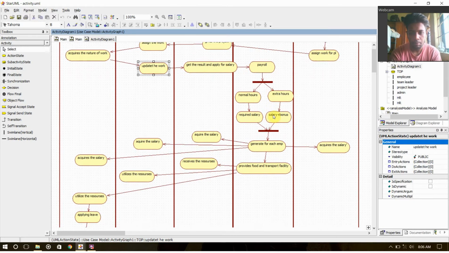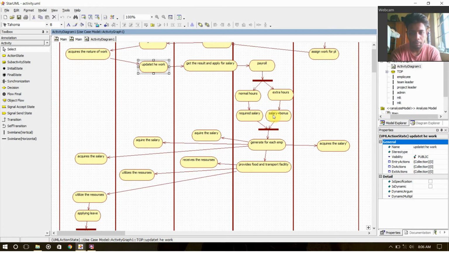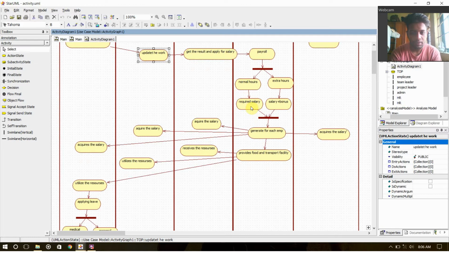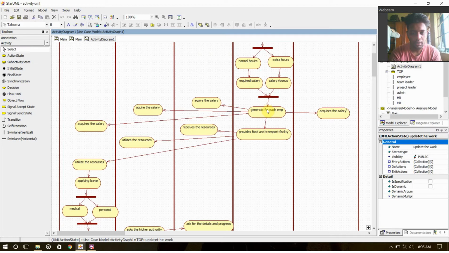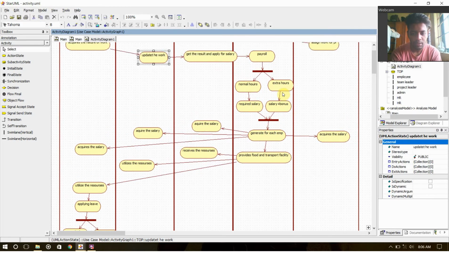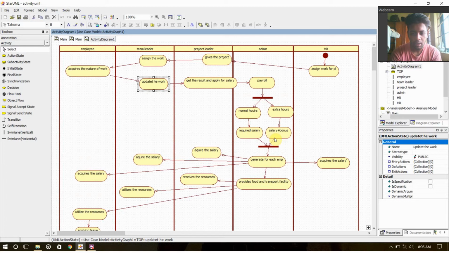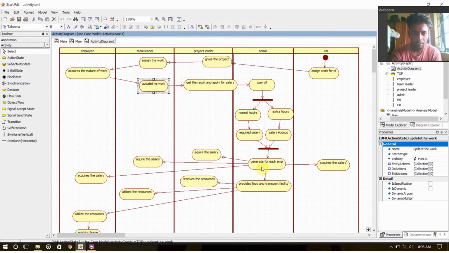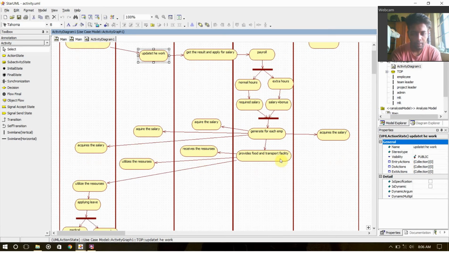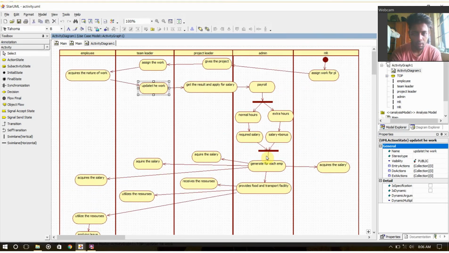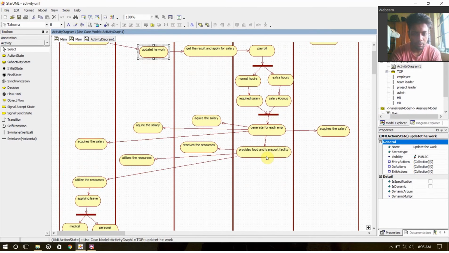Then the payroll will be allotted, normal hours and extra hours. Required salary will be given, and for extra hours he'll get salary plus bonus. Then here the admin has to generate salary for each employee, like HR, project leader, team leader, and employee. So after generating, he provides food and transport facilities for the project leader, team leader, and employees, and